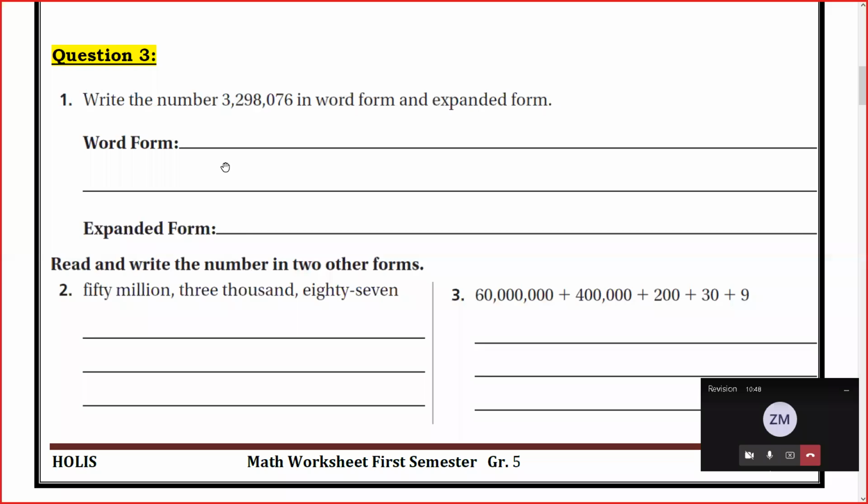Now, the number 3,298,076. I want you now to write it in word form and expanded form. Now, as I said yesterday,